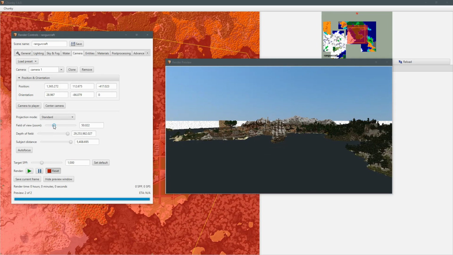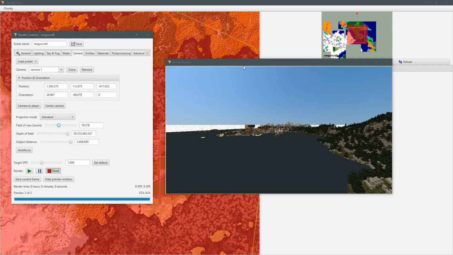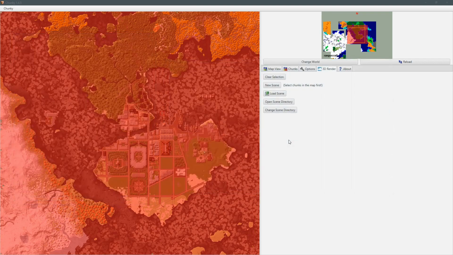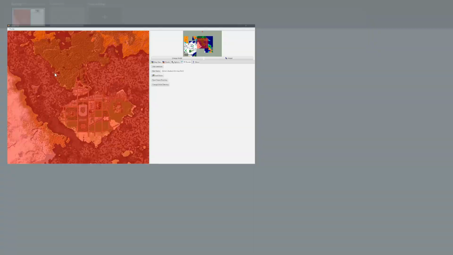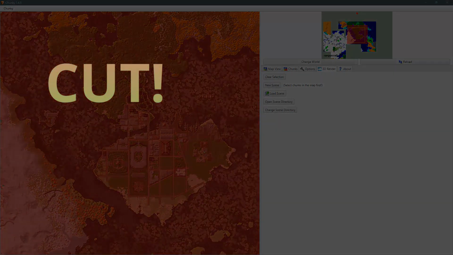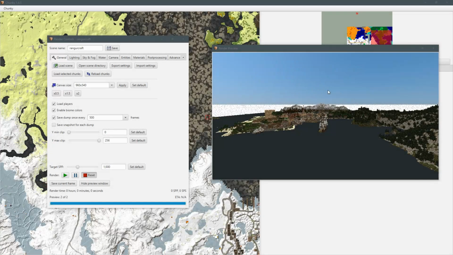Whereas if I were to then zoom out and move, whoop, I just killed the program. Cut. Anyway, as I was saying,